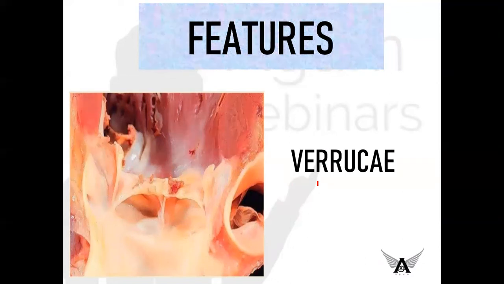So what is going to happen here is, if there is going to be a fibrinoid necrosis and a lesion in the aortic valve, it can present as some vegetations which are called verrucae. If you take this region, can you observe some projections? These are called verrucae. So what is a verrucae? I'll repeat, these are the vegetations arising from the fibrinoid necrosis and lesion seen in the aortic valve. So these vegetations are concerned with the aortic valve.